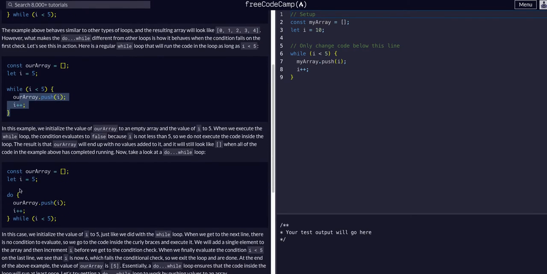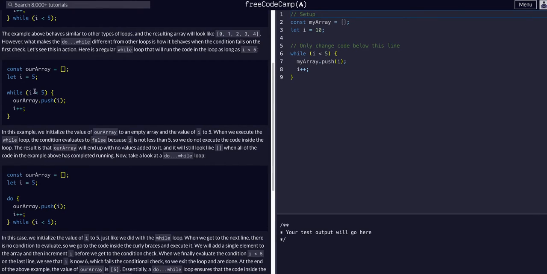With the do-while, no matter what, it will always run the code and then check the condition. So in this case, i is 5. This is the syntax of a do-while loop: you say do the code while the condition, right? So while i is less than 5, i is 5, but this code will always run once, and i will turn to 6. As you can see in this code, we're pushing i into our array. In this while loop example, this array will be empty. In this example, our array will have 5 in it because it will always run once, then check the condition